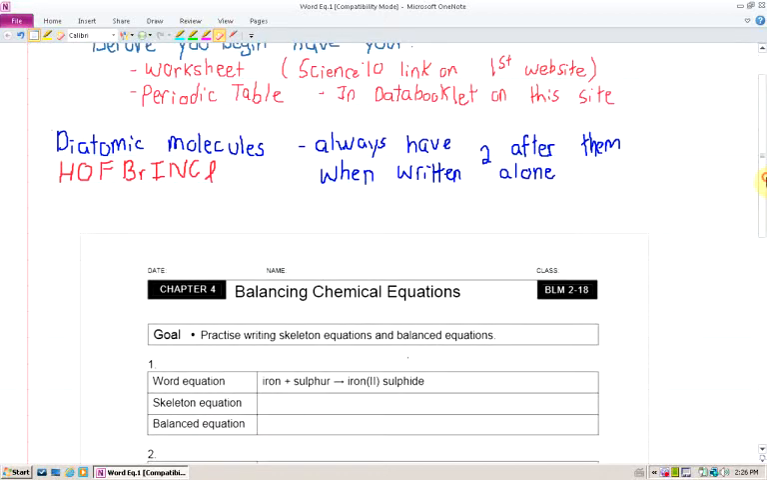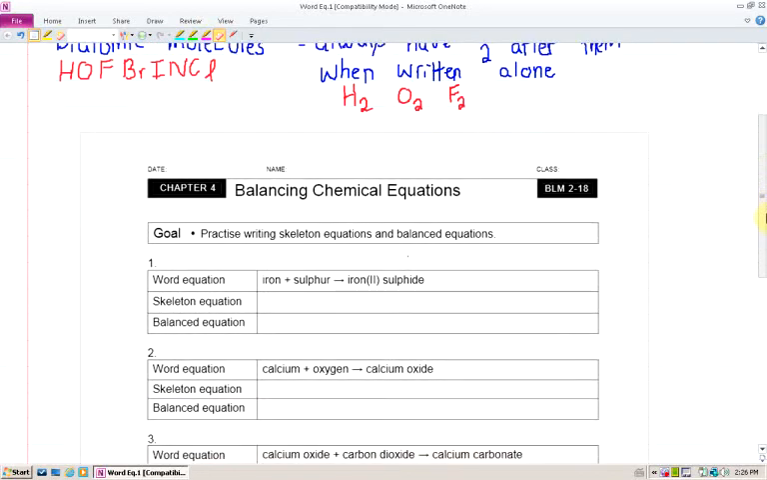Before you begin, it would be good to go through and find all the diatomic molecules. Those are the ones that are written as 2's. So we remember them by using the name Hofbrinkel. So it means hydrogen gets a 2, oxygen gets a 2, fluorine gets a 2. Whenever those are written by themselves, they have to be written with the 2 under them or they will be